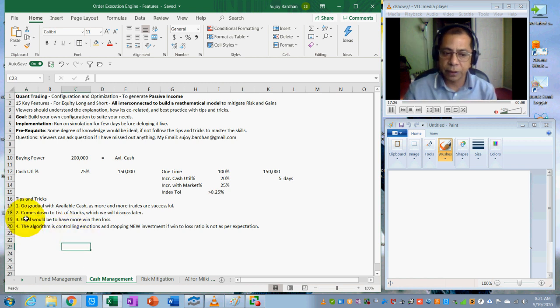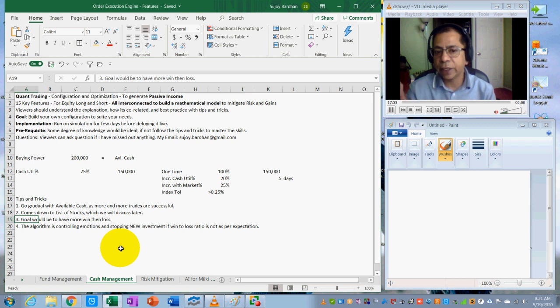So the third important thing is your goal. Your goal is to get 80 to 90% of your success stories. Out of 10 stocks, you should be successful in 8 of those. Once you get to that point,